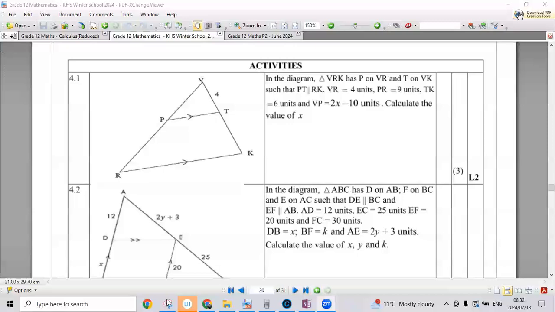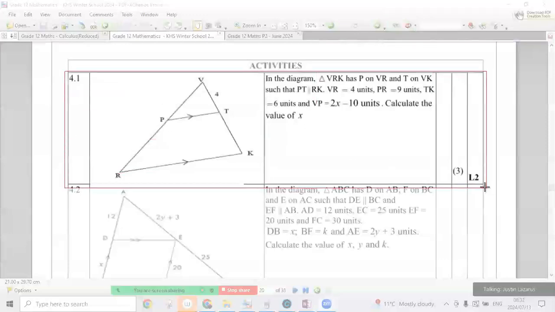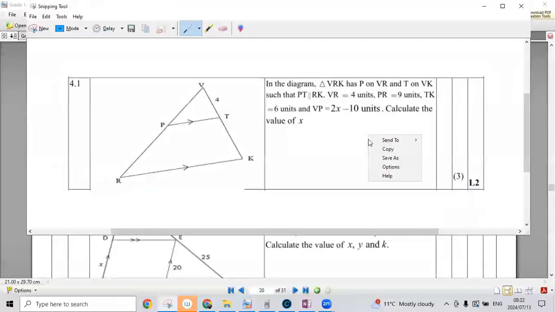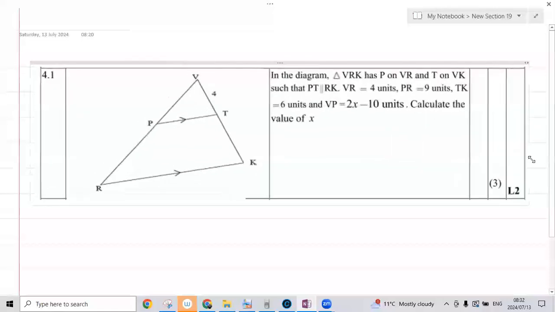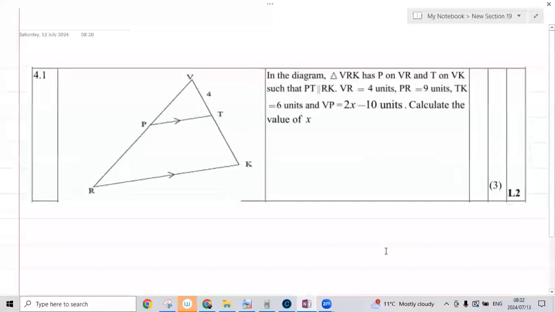So this is the first question. Okay, so that was 4.1. And you can see that the levels of the questions are given here in the corner. And there we go. Okay, so in this particular question, and as we discussed with the theorem as well,